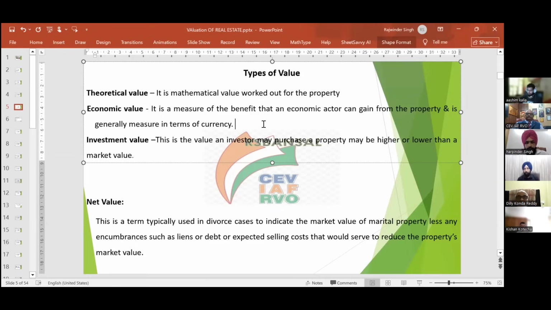So next is economic value. It depends upon how much income a property can generate. Most of the time, when certain investors invest their money in real estate, they expect some return in the form of rental income from the property. How much rental income a particular property can generate for a particular person, that is the economic value of that